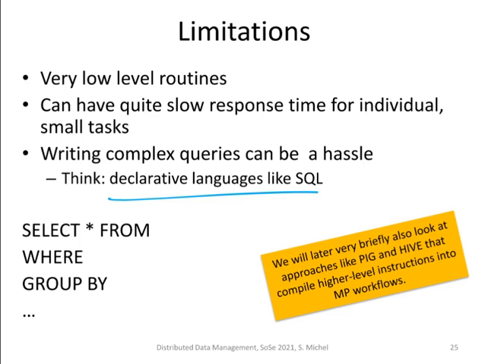But then, because of these limitations, people started to come up with extensions and query languages, for instance Pig, that would be declarative, and you can write more complicated queries, which would then be translated to MapReduce jobs. So even though it started with very low-level routines, in the end people added something that goes in the direction of SQL. In particular, Hive was one SQL implementation on top of MapReduce. And nowadays, more modern systems like Spark also support SQL.